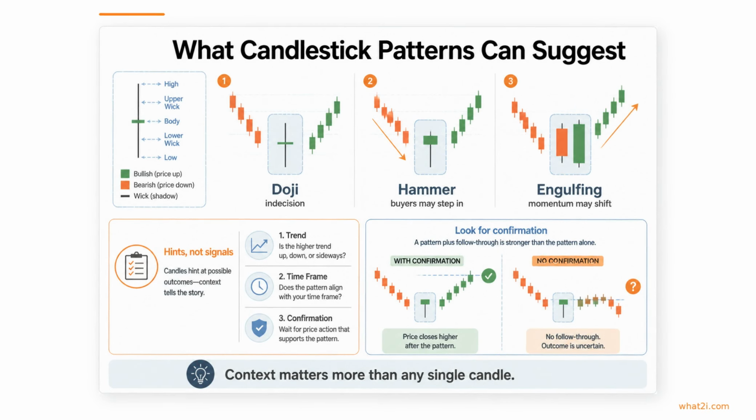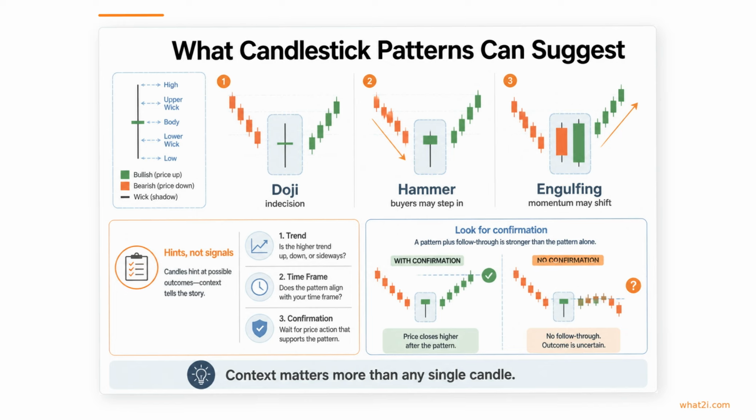Candlestick patterns can offer clues about market psychology, but they should never be treated as automatic signals. A doji can suggest indecision because the open and close end up near each other. A hammer can hint that buyers stepped in after price traded lower during the period. An engulfing pattern can suggest momentum is shifting from one side of the market to the other. But a single candle means very little without context. The surrounding trend, the location on the chart, and whether later price action confirms the idea all matter more than